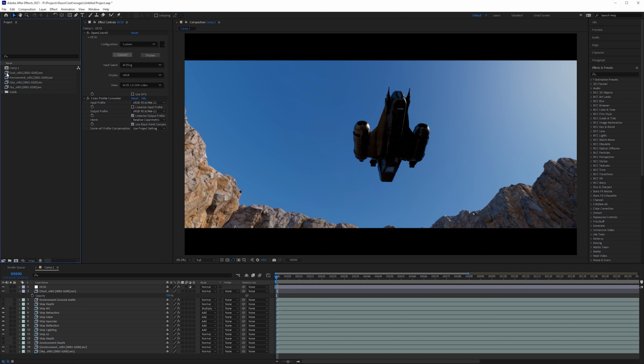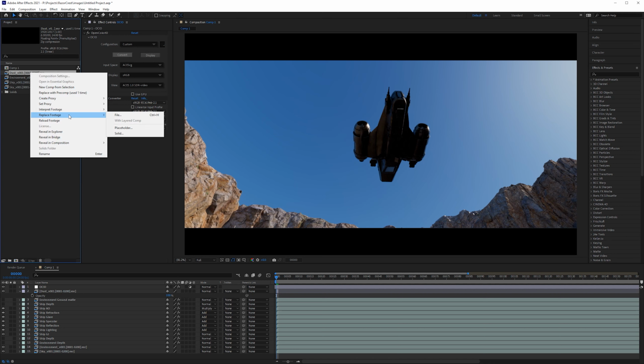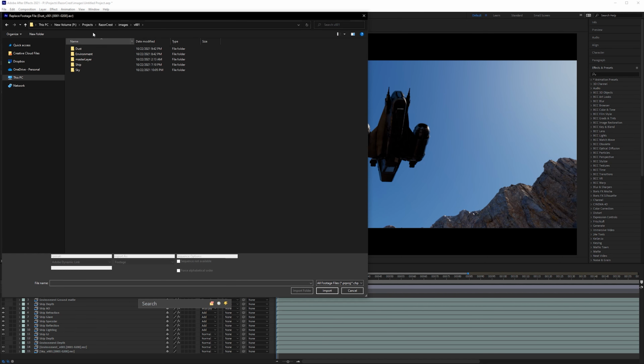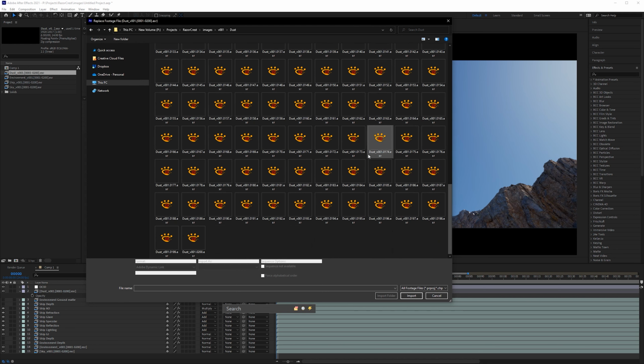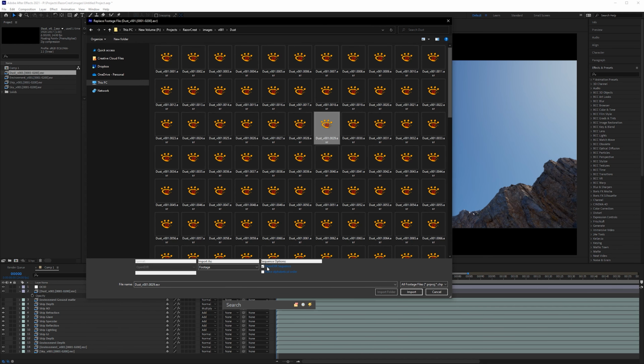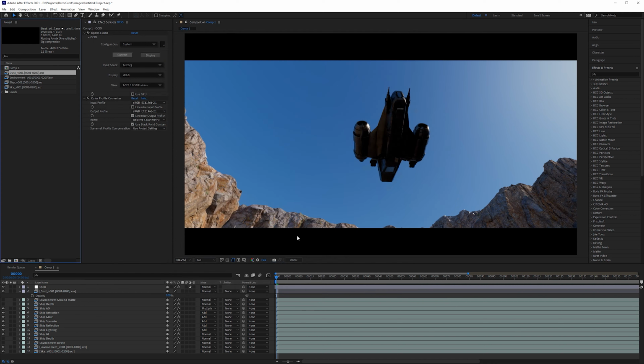Now, if this does not happen to you and you see a little Photoshop icon or the icon of the software that is associated with the EXR format on your computer, right click on any one of these. You have to do each one in turn. So I'll start with the dust, replace footage with file. In this case, we're doing dust. We'll go to the dust folder. And you can simply click on any one of these frames in the sequence. It doesn't have to be the first one, but just make sure that the Open EXR sequence option is checked. If this was off for you, After Effects will interpret these as just individual images, but if this is checked, it will look to see if it's part of a sequence. So you want to make sure that is set, then you can click Import.